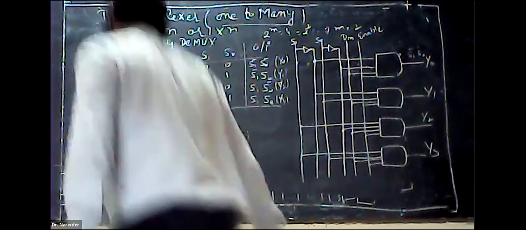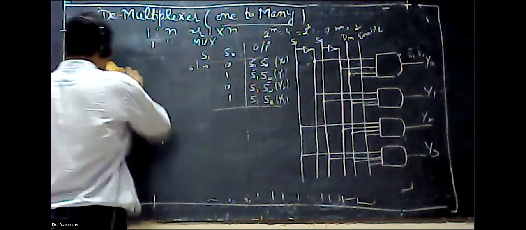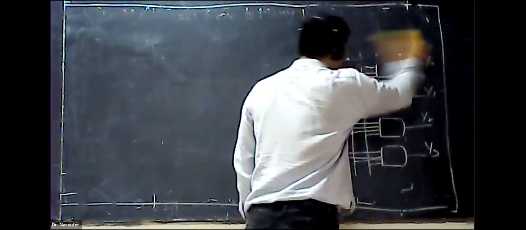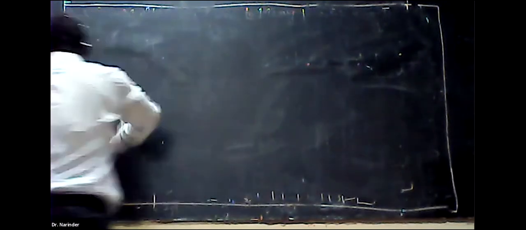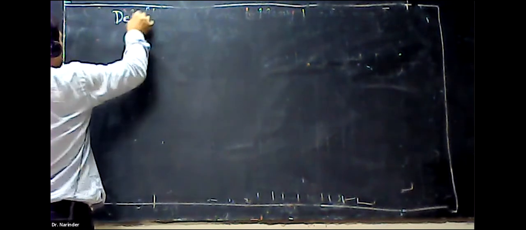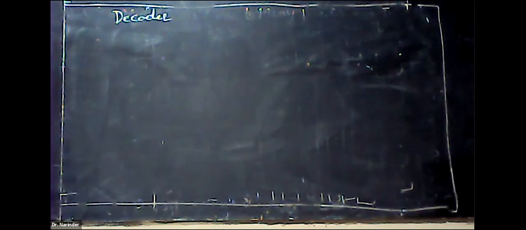Decoder. Its name itself indicates that it decodes the data. Means if something is in the coded form, it decodes it, and its primary use is in communication where data has to be sent in the public domain. So it should be in the encoded form, and that encoding has to be cleared by using decoders.